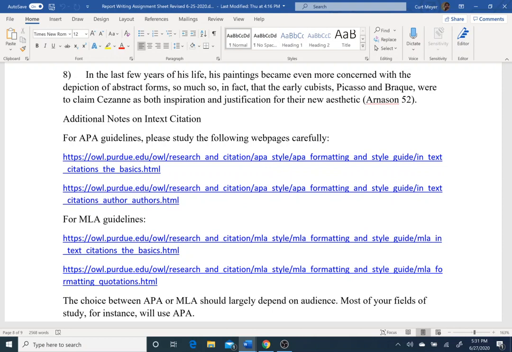Okay, so please do that. And the key point with your citation and so forth is to be consistent. If you've got an APA works cited page, you need to have APA in-text citation, okay? And there is a difference between APA and MLA in-text citation, as these websites will point out to you,